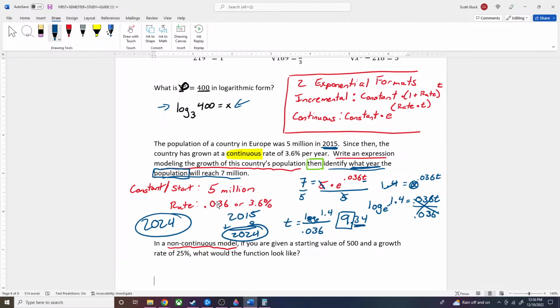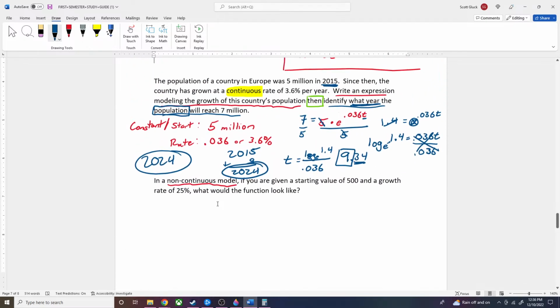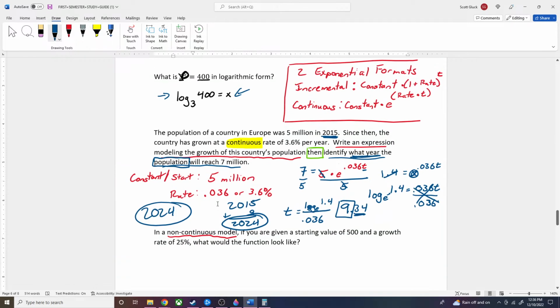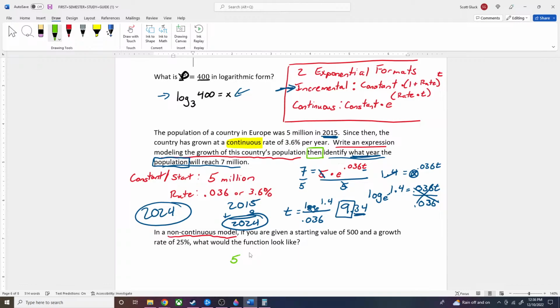Versus, down here below, we have in a non-continuous model, if you are given a starting value of 500 and a growth rate of 25%, what would the function look like? Well, notice, we just told ourselves up here. Here's our incremental function right here. That's a non-continuous model. So if we have a starting value of 500, we say, okay, 500 is my constant,